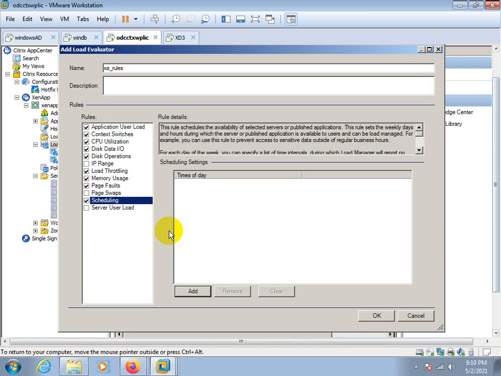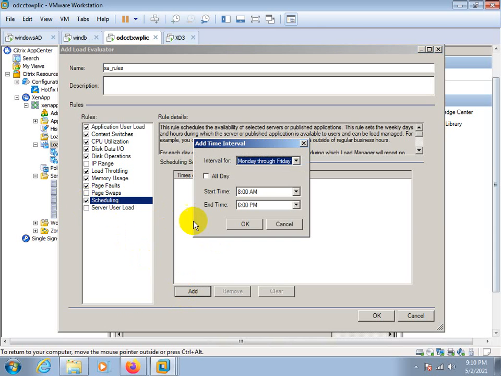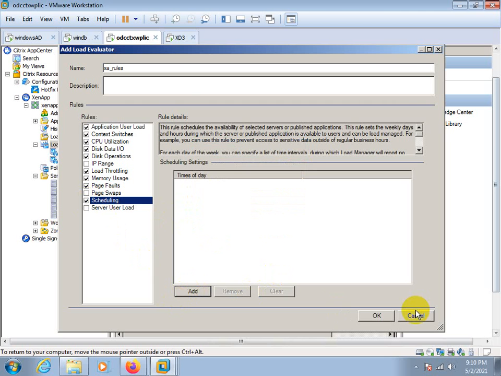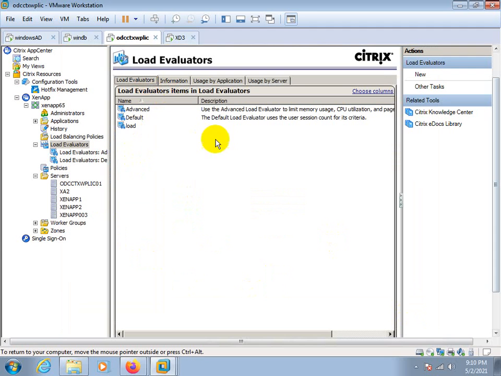Every Saturday, Sunday, every weekend, you are doing the maintenance activity on that, or taking a reboot of that server because it is based on the Windows server. So weekly reboot is required for that. So you can make a schedule from here. Till Saturday, Sunday, anytime you can reboot the server. If you have created a schedule here, from this time to this time the server is not available. Okay, you need to choose the interval, start and end time, and you can apply. So these are the rules.